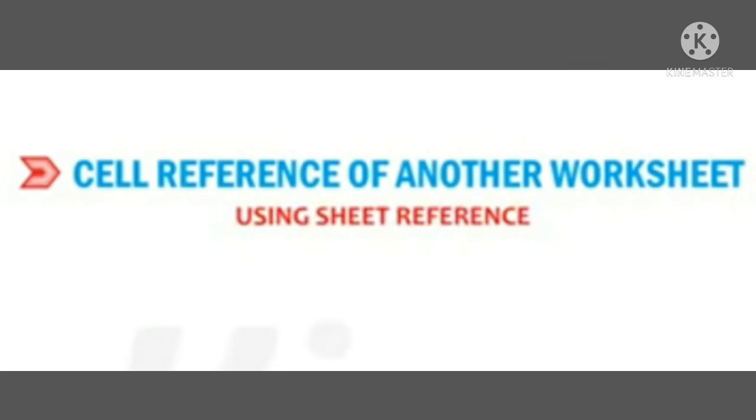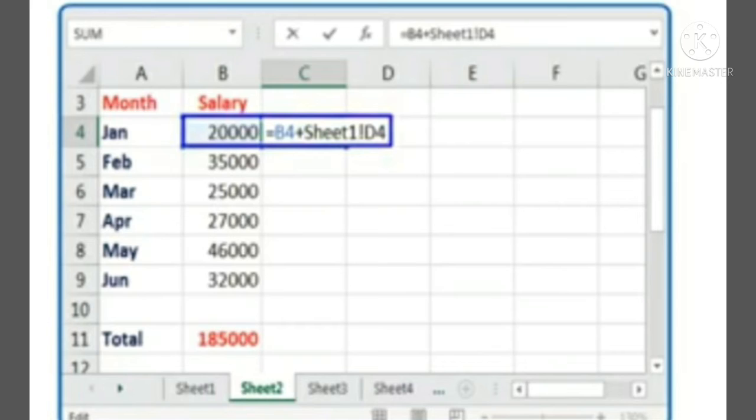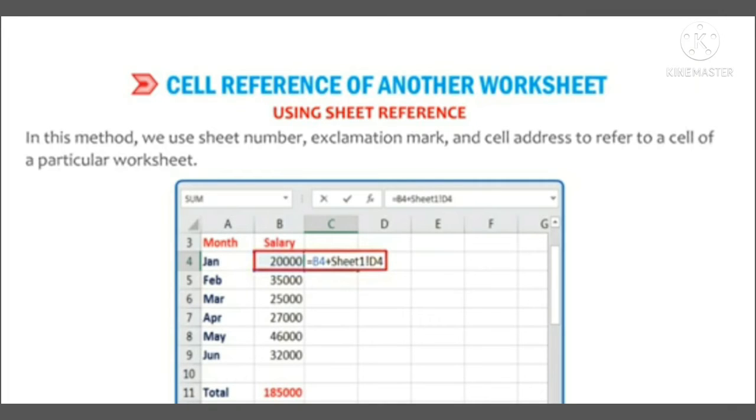The next method is by using sheet reference. For that we use the sheet name, exclamation mark and cell address. So here let's see an example. First you have to click on the cell C4 of Sheet 2 and type equal to B4 plus Sheet1 exclamation mark D4.